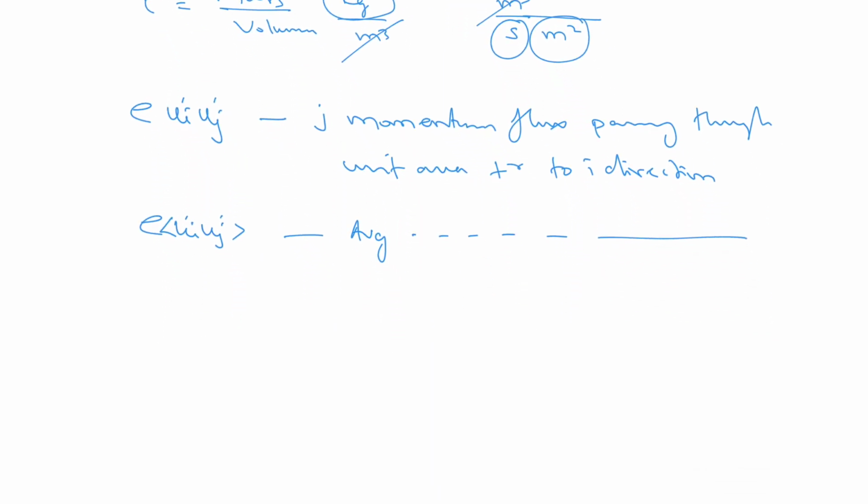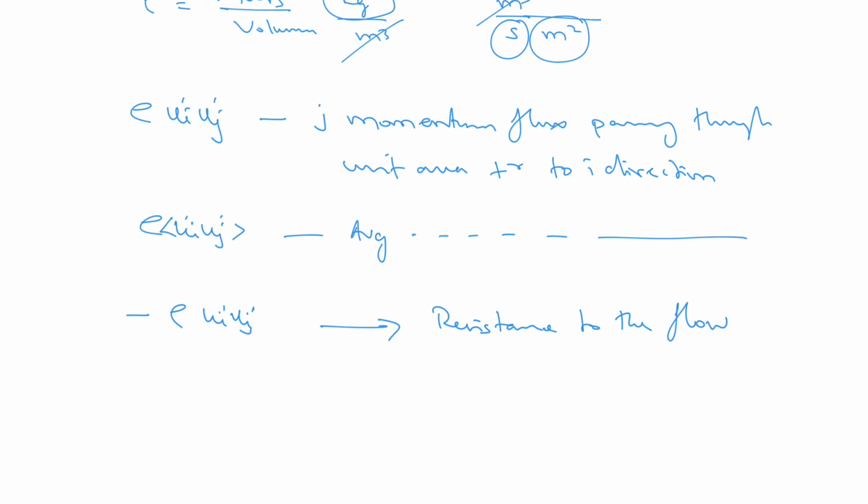Now we see that this term usually appears with a negative symbol like this, minus rho ui uj. This is how it appears in the Reynolds averaged momentum equation. So when it appears with a negative sign, it is saying something. What is that? It is usually the resistance to the flow. So this is what we need to understand. The resistance to the flow is offered by the Reynolds stresses.